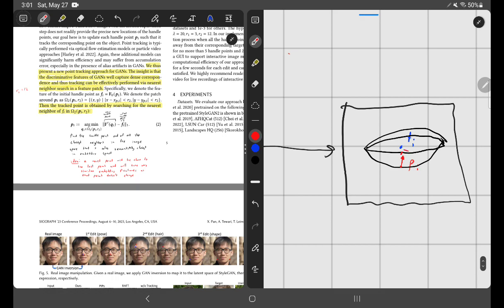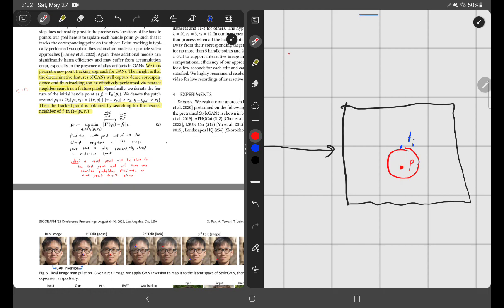So the idea is that we look around the original chosen location for the new location. And the idea is that the features that we saw in the original location will be close to the features that